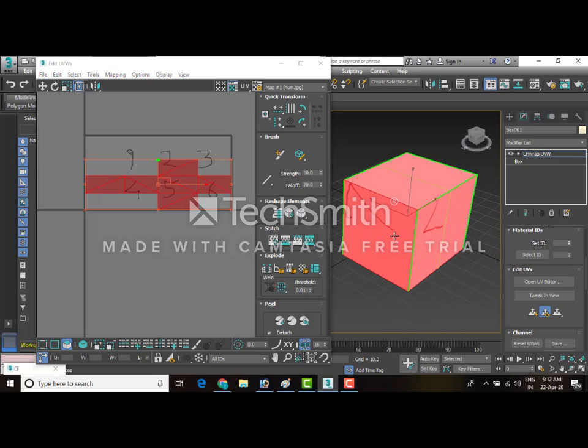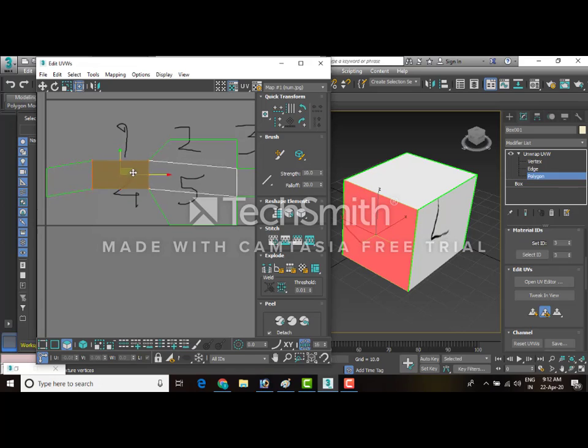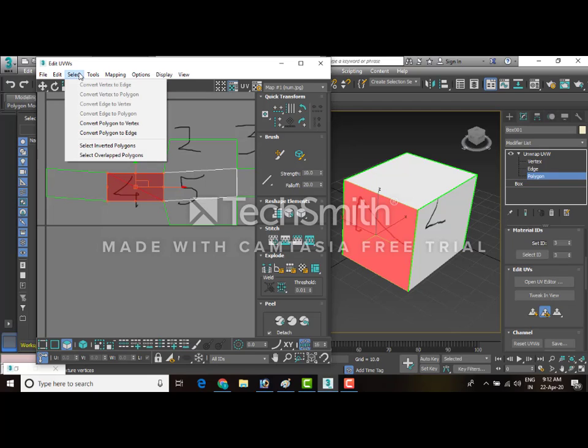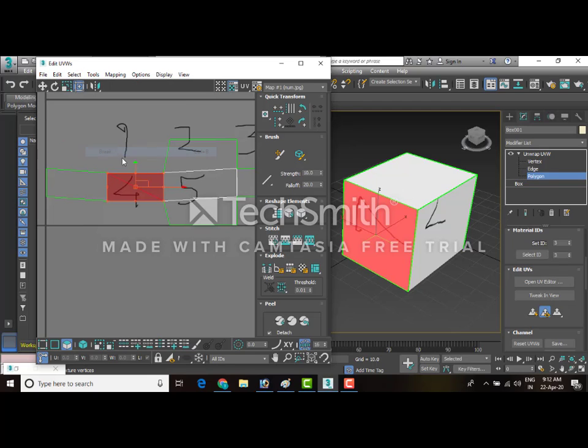Now suppose I want to put number 1 over here, select this polygon, and this is that polygon. If you try to move it, it is attached to other polygons. So you can always go to tools and click on break. Now you can move it separately. This is the move tool, rotate, scale and freeform. In freeform, if you take it to this edge center, you can rotate it. You can scale it from the corners and you can move it from the center.